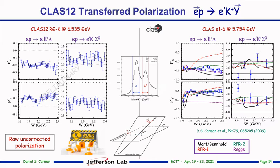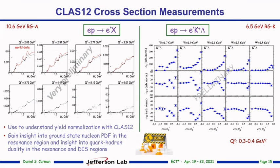And obviously, as we get the rest of the data at this beam energy in the next few years, we'll be able to be talking about precision measurements. And the last thing I want to show in terms of a quick look at the data, we've been measuring, as a proving ground for how to normalize yields, data from 11 GeV, looking at an inclusive electron scattering cross section. So we can compare against world data where it exists at lower Q squared,